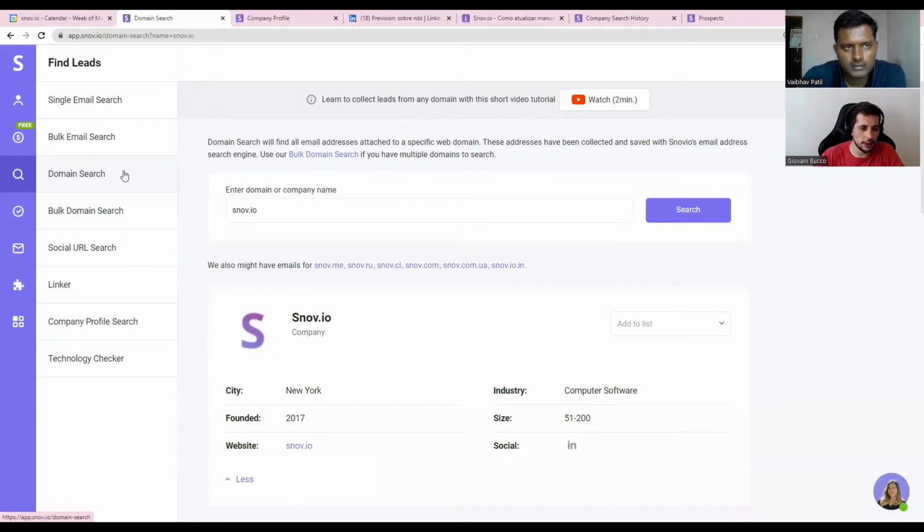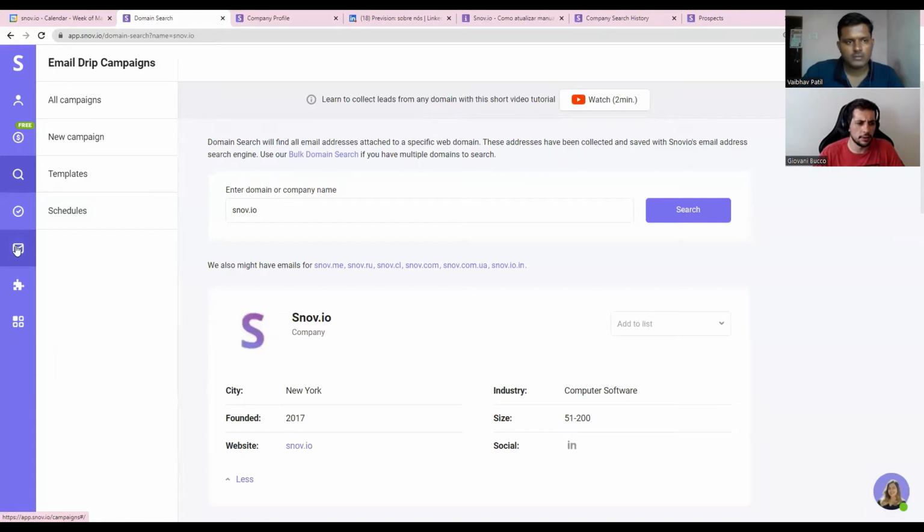If you have Sales Navigator, the extension works great because you can create a lot of filters, and you have a higher limit for the extractor, so you can make better use of the tool. But sometimes, like myself, I have the free LinkedIn because I don't do a lot of prospecting. In that case, it's sometimes better to work in the company profile search or do everything from the tool. Any questions?